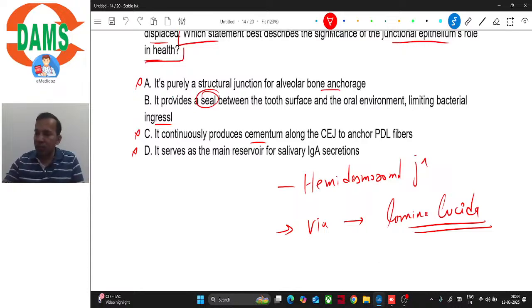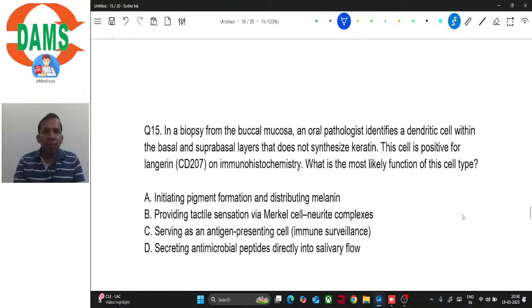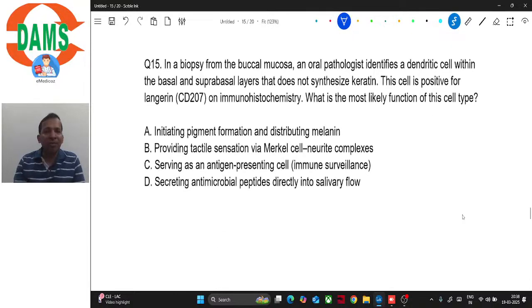So the correct answer here would be option B once again. So I hope today everyone is enjoying solving these MCQs, isn't it? They are relatively easy, predictable, and even if you don't know the exact answer, you can somehow reach the